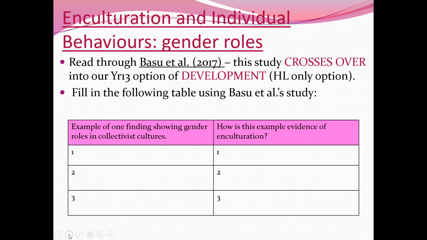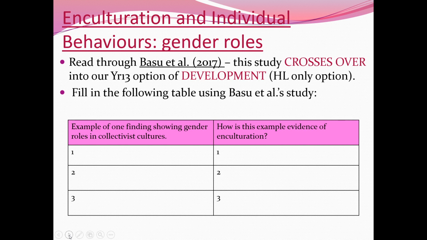Okay, so you will find that I've attached the study Basu et al. This is our study of enculturation. You can also use this study for culture and its effect on behaviour. So you don't need to use any other studies. You can double up with this. You can do Basu et al. for culture and its effect on behaviour, for cultural norms,